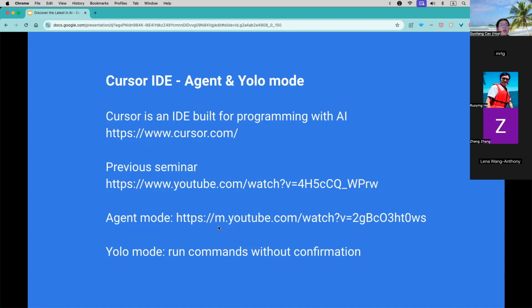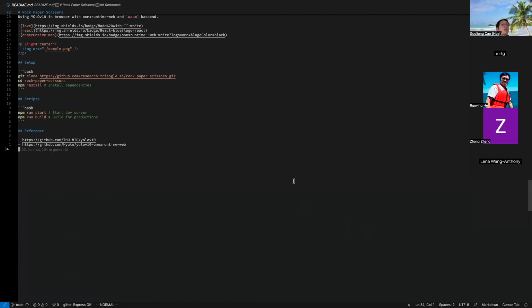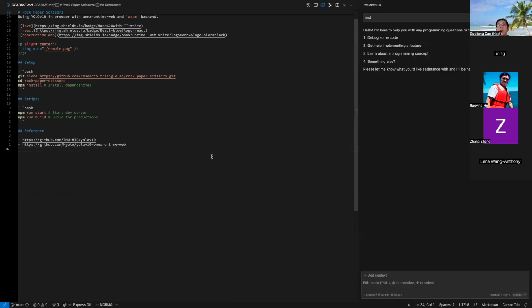For agent mode, unfortunately, I cannot demo today because I cannot access it anymore on my computer; I think the company blocked some protocols. But I can show you how to get to it.